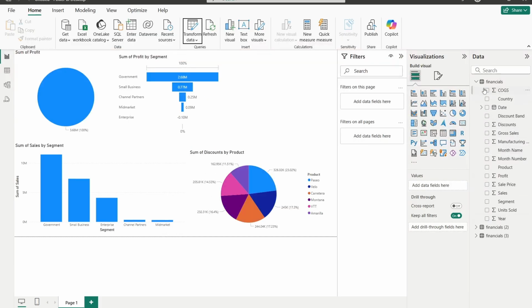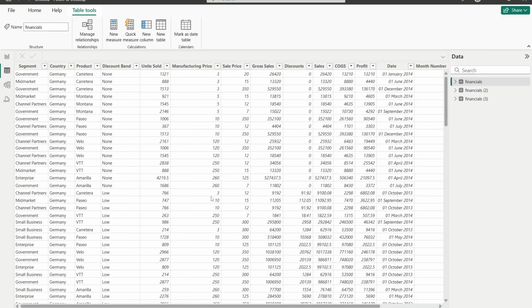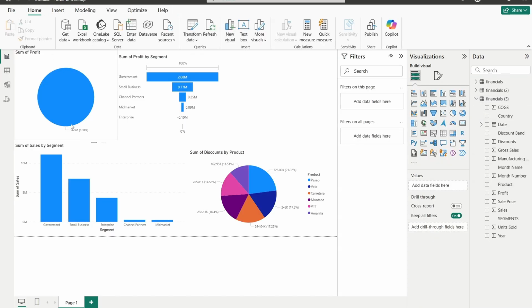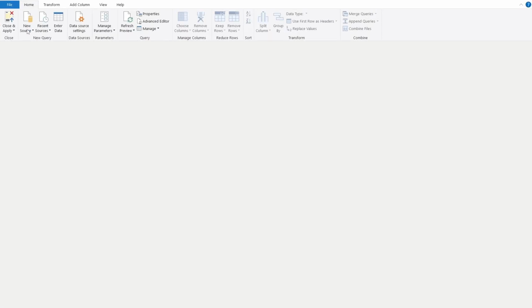All right, so let's minimize this, and this is the financial table we have. You can create all the dashboards here. This is a very simple dashboard I have created. Okay, so just go back to the Power Query window, and as you can see, this is the new